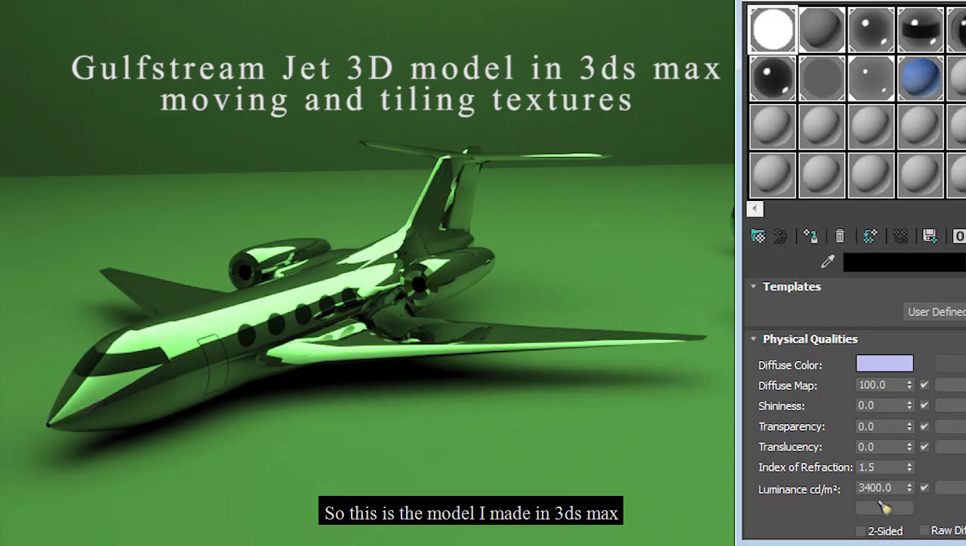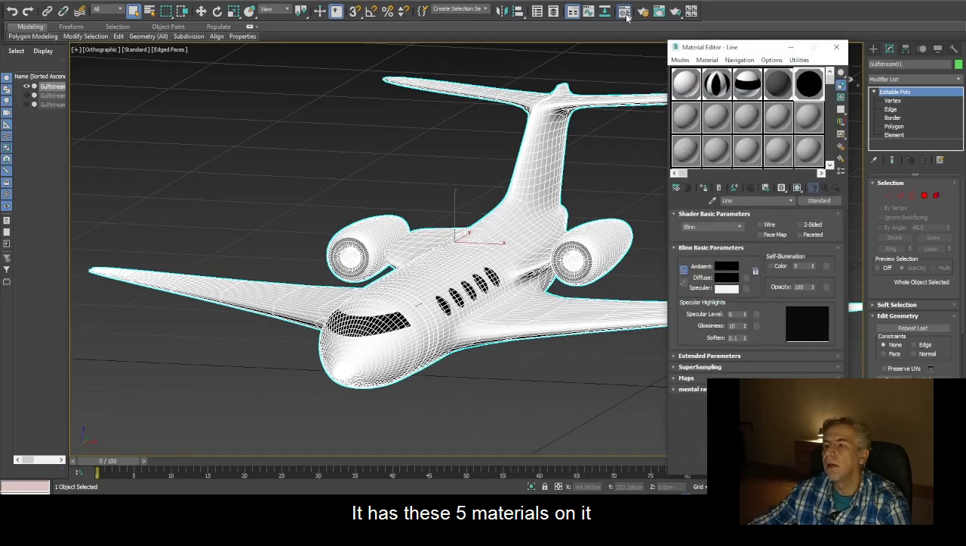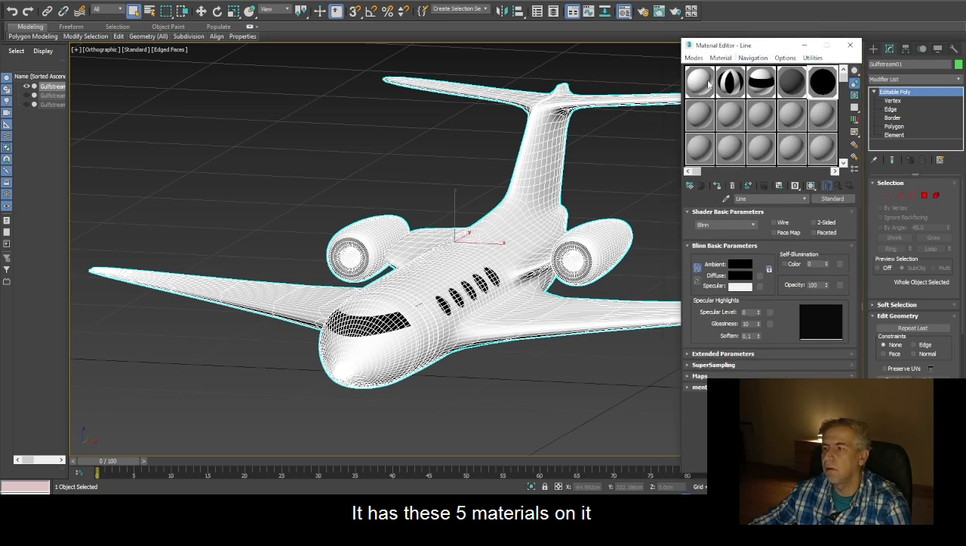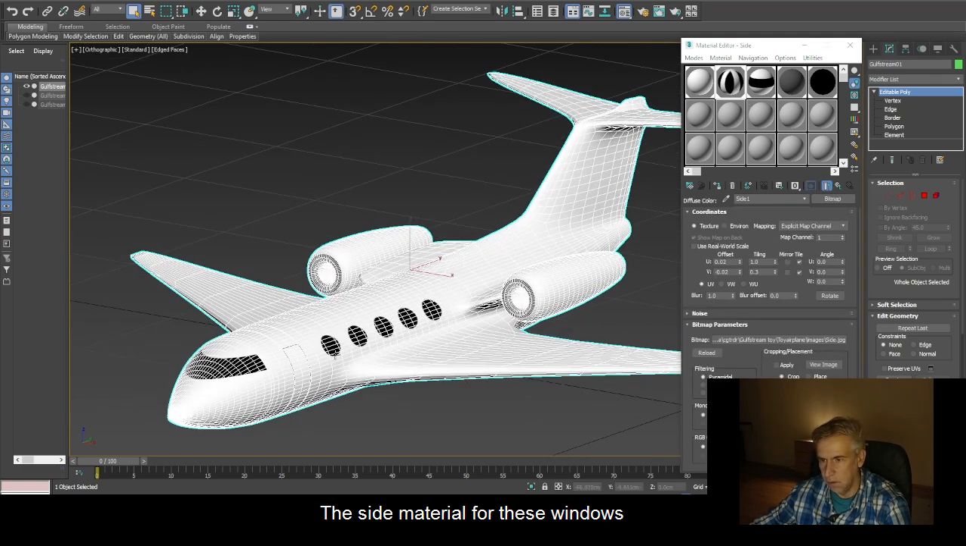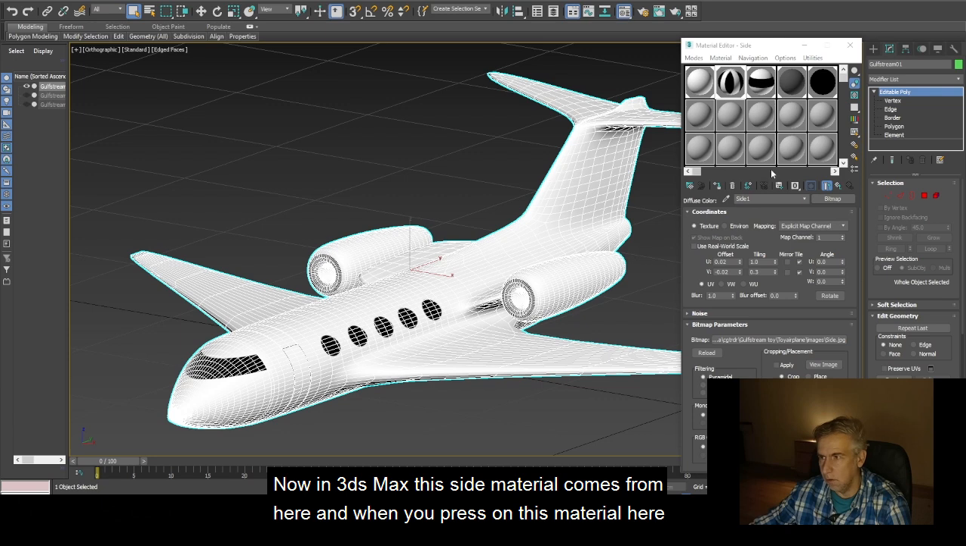So this is the model I made in 3ds Max. It has these 5 materials on it. The basic material for the entire airplane, the side material for these windows. Now in 3ds Max, this side material